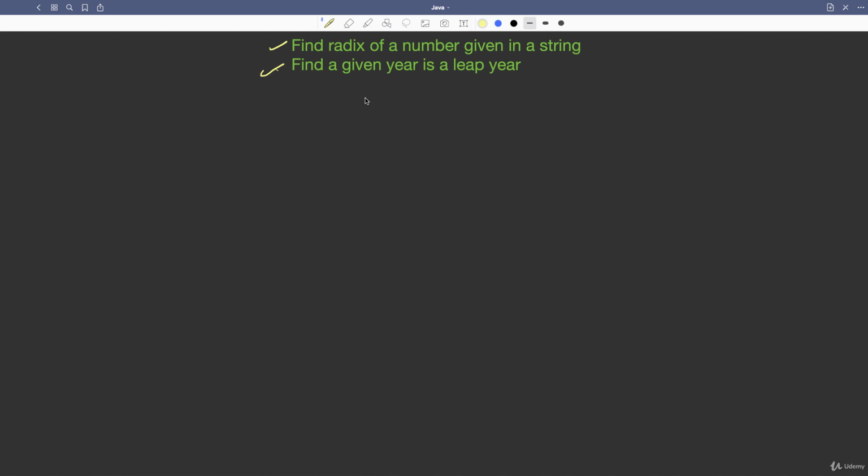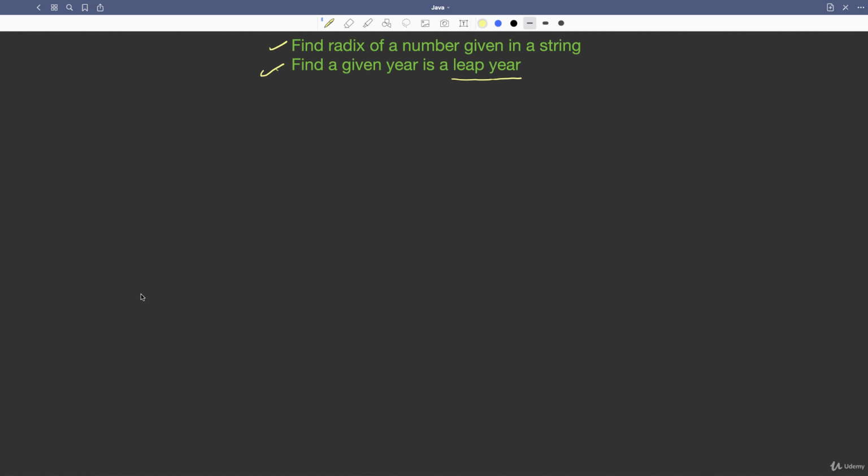There are a lot of built-in methods available inside built-in classes. So you can use those classes and know whether a year is a leap year or not without knowing how to calculate a leap year. But the purpose of doing it as a task here is to learn how to write conditional statements. So this is one of the complex topics. So let us study it. So for this, first of all, I will explain to you what it means by a leap year. Then I will explain everything about it. Then you have to write down a